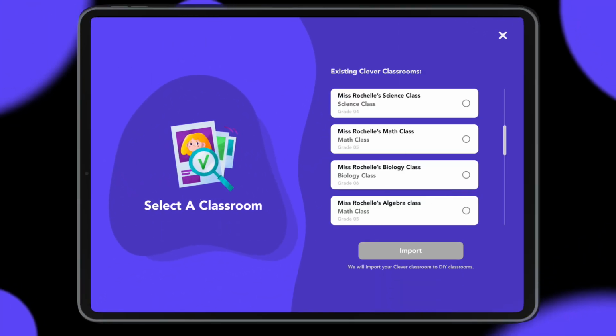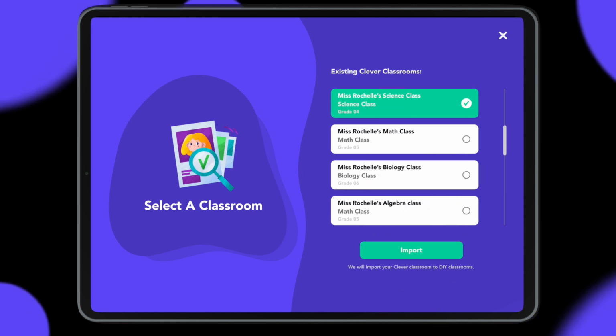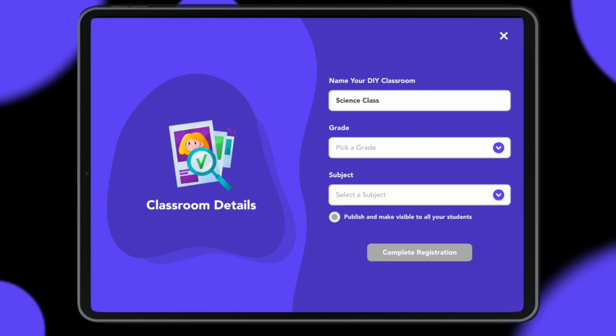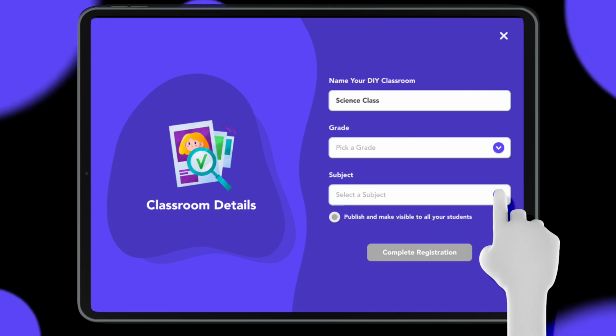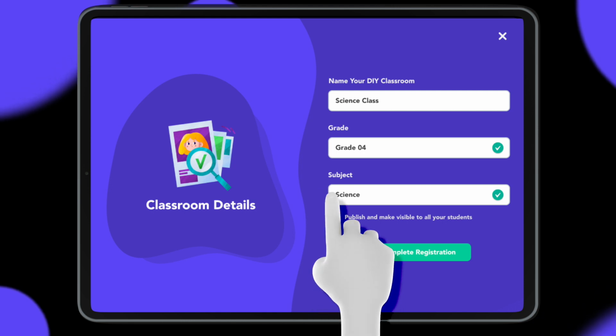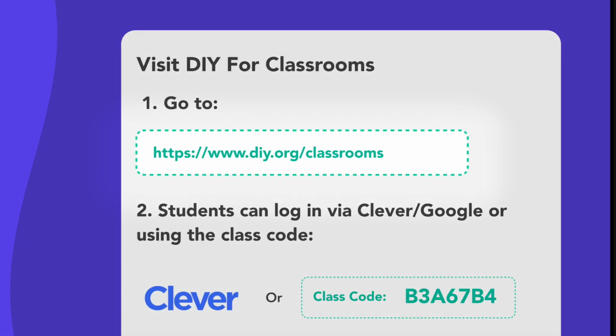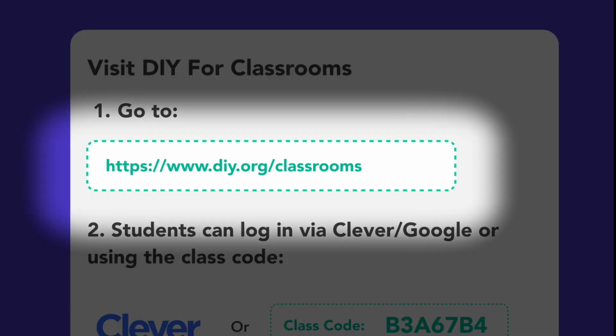If you selected the first option, choose one of the existing classrooms from the list and move on to the next step. Now, pick a grade and then pick a subject. That's it! Your DIY classroom is ready. You can publish it right away or do it later. Once published, you can share the class link